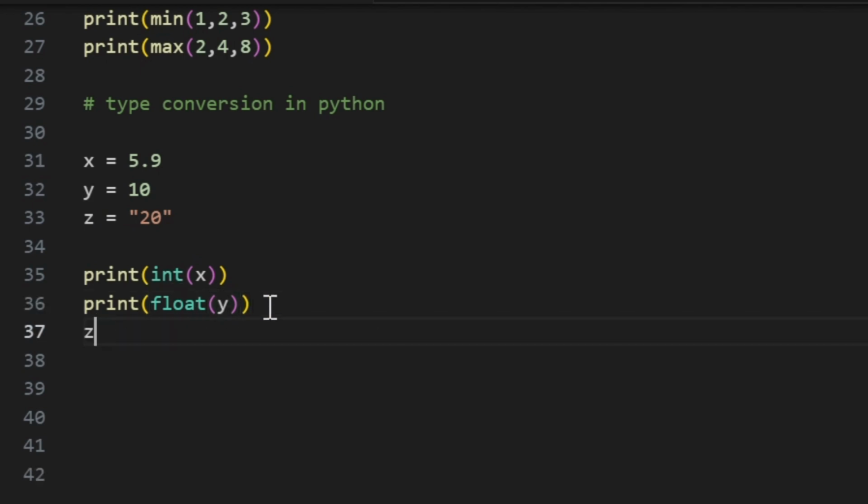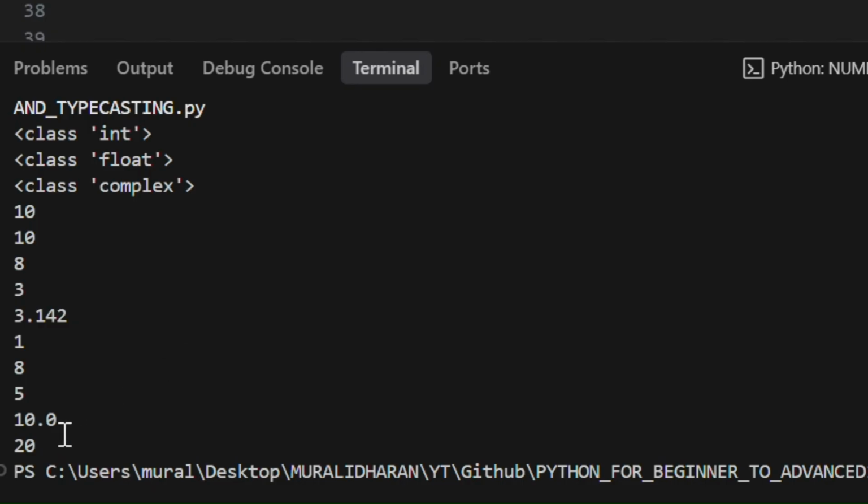Next and finally, we are going to convert the string into integer by using int. And one more thing, we are going to see strings in the next video, so don't miss that out. Here I'm going to pass z inside the int. Let's run this. Here you can see we get 20,